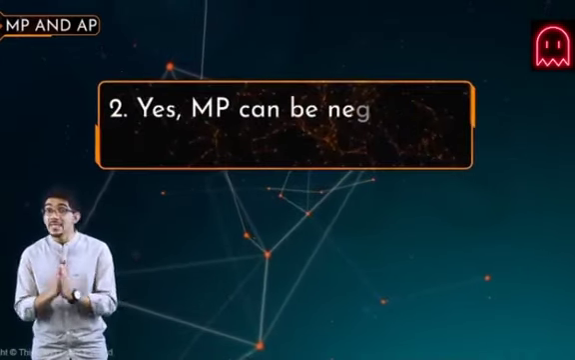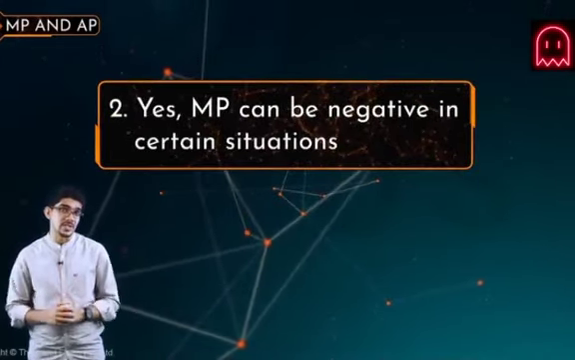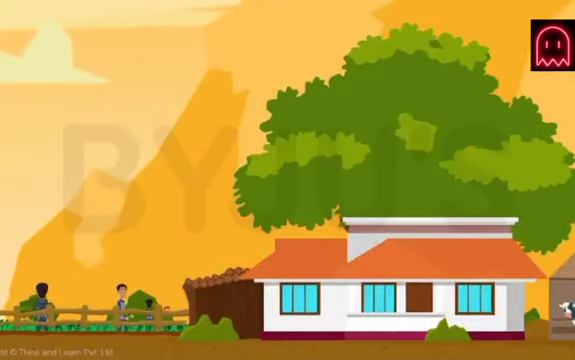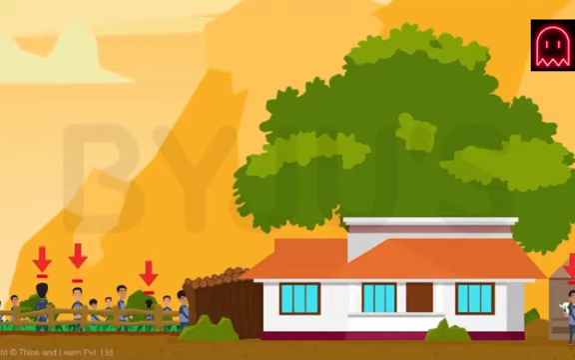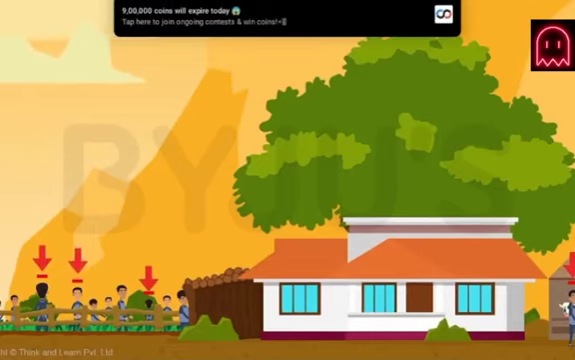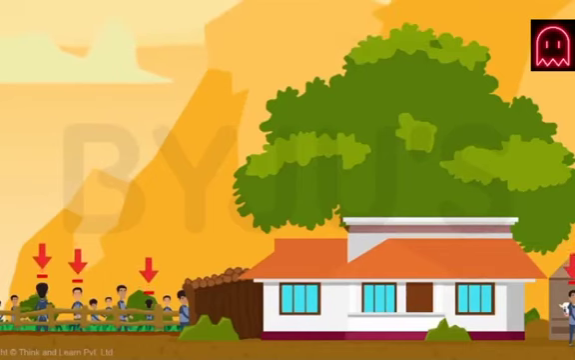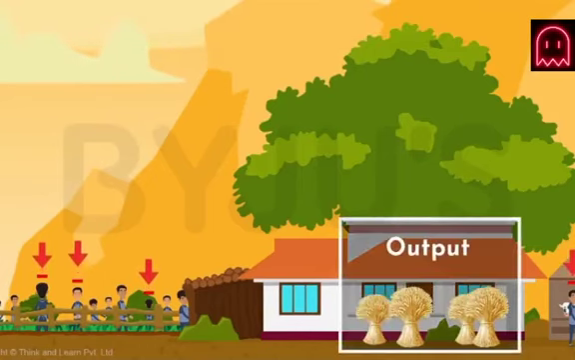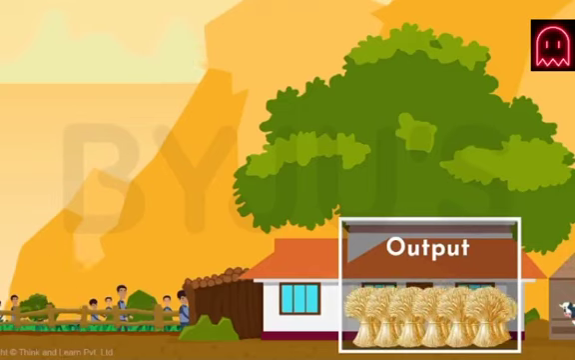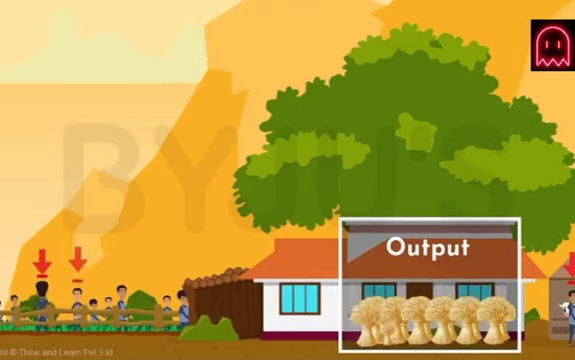Yes, MP can be negative in certain situations, particularly when there is excessive employment or disguised unemployment, as in some public sector undertakings in India or in some farms in India. Excessive employment of workers more than what is required, reduces overall efficiency of all the workers, because of which MP may be negative. In such situations, TP actually increases when some workers are withdrawn and decreases when more workers are